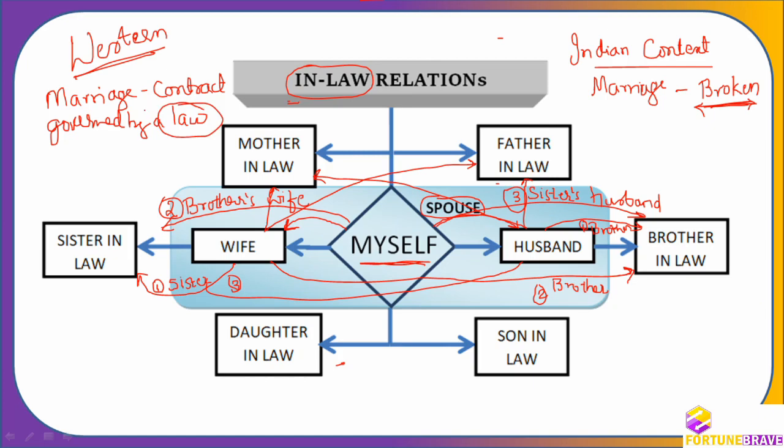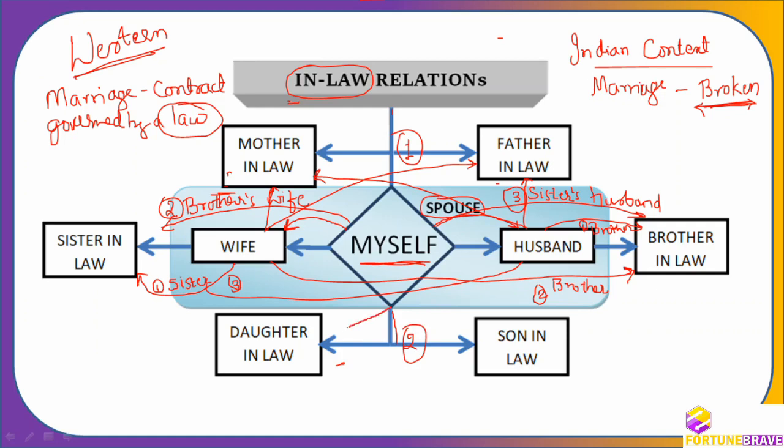Again, it is a very divine thing. Marriage is a bond which is a divine thing. That is why in-law is coming. So next, where is my pen now? Okay, fine. Now what will come? One generation down. There cannot be two generations up here. There is only one generation down. If my wife's father-in-law's father, then he is not grandfather-in-law. Nothing like that is there. So one generation down also only one.